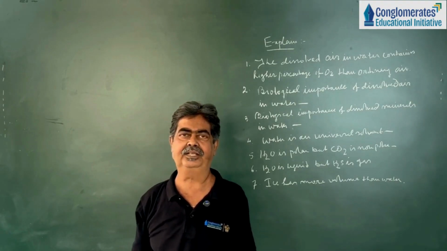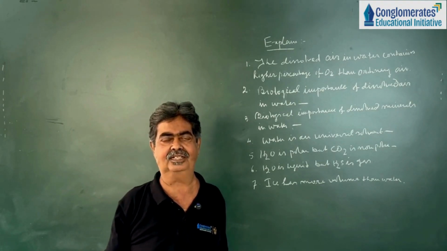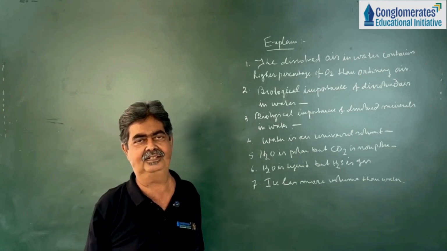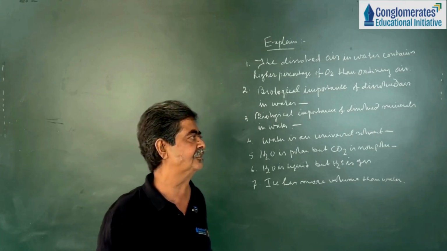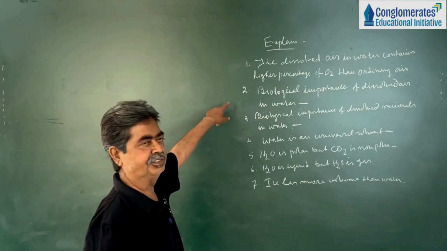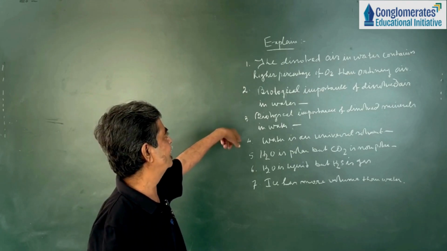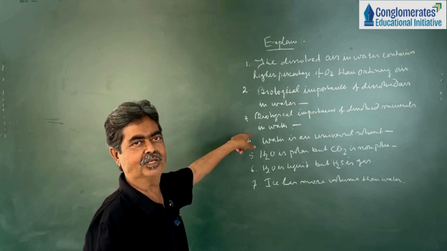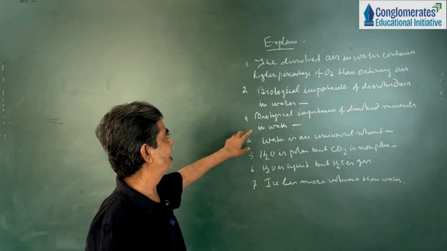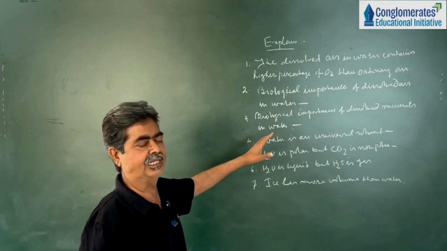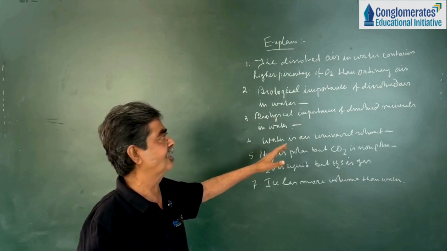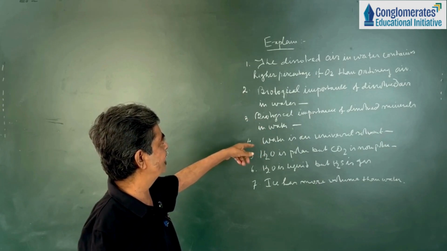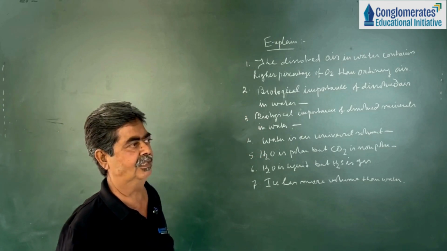I'll teach today water, though I have started the last class. Chemical properties of water started. Now there are few questions arising in this chapter. I've written these questions, specially explain why or give reasons. These are 5, 6, 7 questions. One by one I'll discuss today. Previous class, chemical properties I have completed. So, related questions in the chapter of water, I'll discuss one by one the questions I have written on